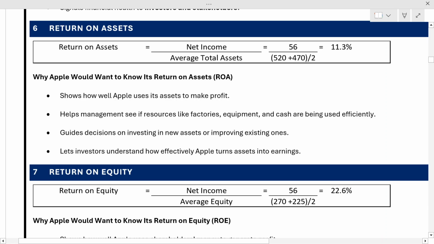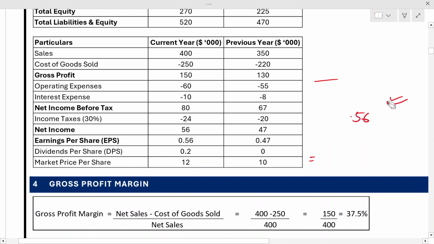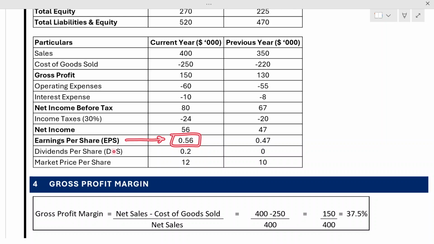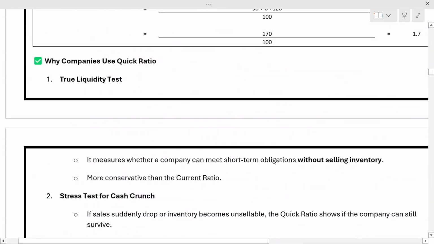about it. So our P&L is here, and within our P&L, we see that our earnings per share was 56 cents and our dividend per share is 20 cents, which means that out of 56 cents we are paying 20 cents as dividend. This ratio between the two will reflect our dividend payout ratio, or I can say the DPS ratio. So let's go